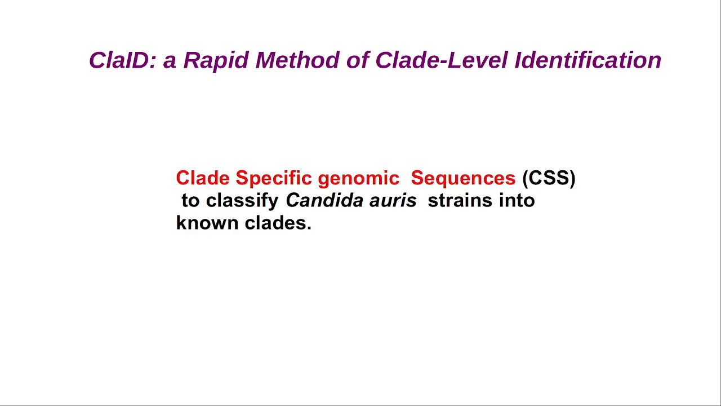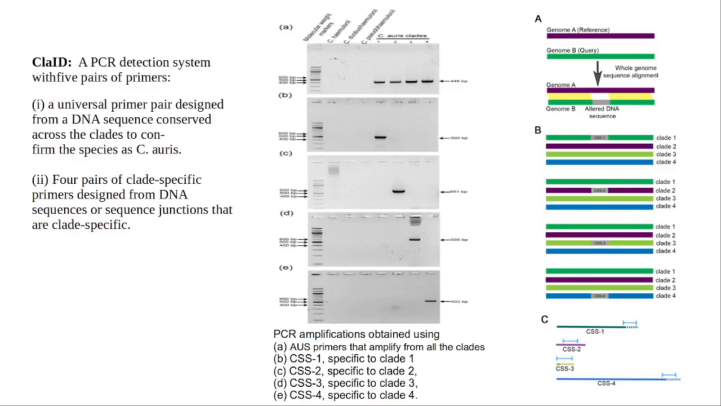The PCR detection system called Clade has 5 pairs of primers. First, a universal primer pair that is designed from a DNA sequence, which would tell if the species is Candida auris or not. And second, 4 pairs of clade-specific primers designed from the DNA sequences or sequence junctions that are clade-specific. So, for the purpose of getting this set of 4 pairs of clade-specific sequences, we did pairwise whole genome